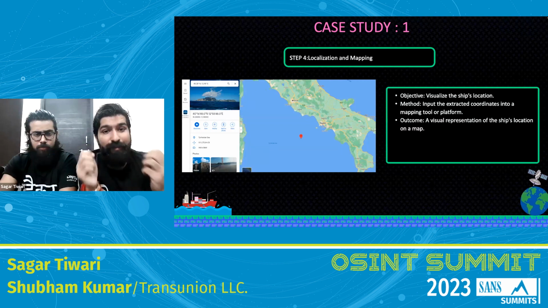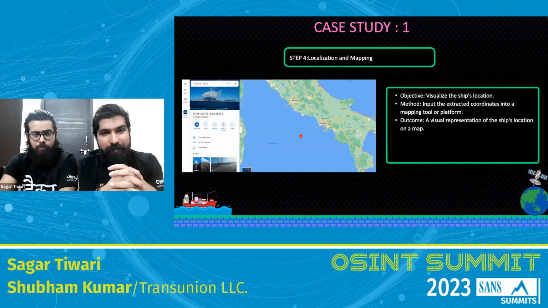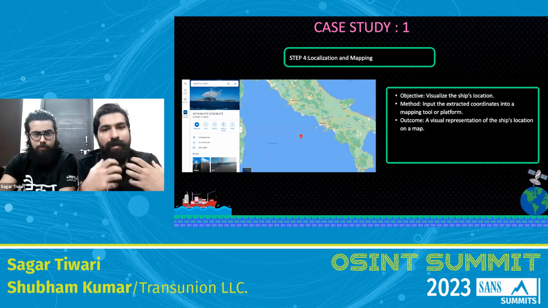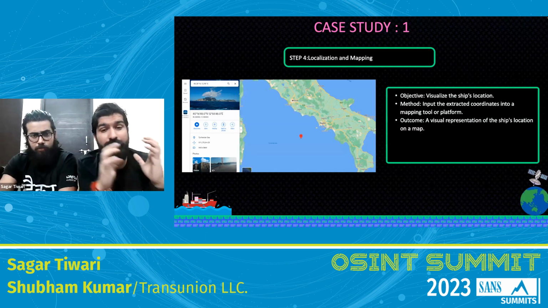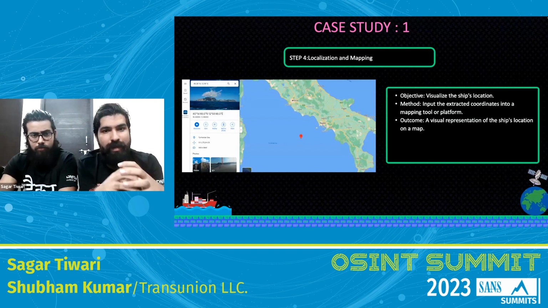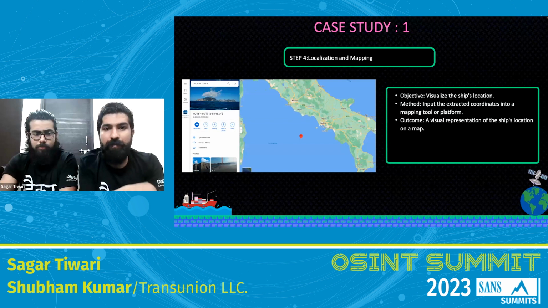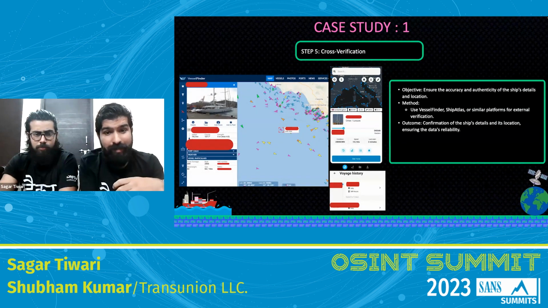This step will give you a visualization in order to pinpoint the location where the ship is located in real time. Now, this is a very crucial aspect too, because if an adversary is able to pinpoint the location of a ship, and that too which is located at a very remote location, then it can be disastrous. However, after understanding this, we will move to the end of the portion, and that is the cross verification.